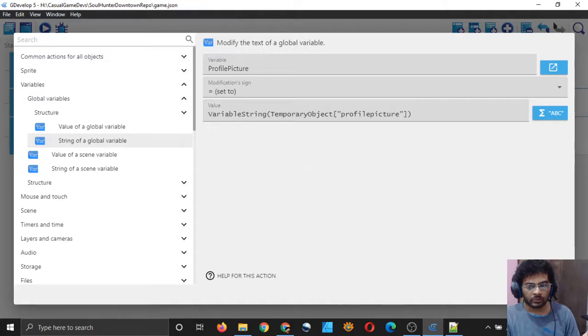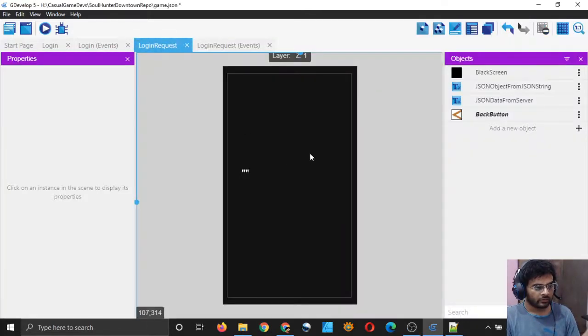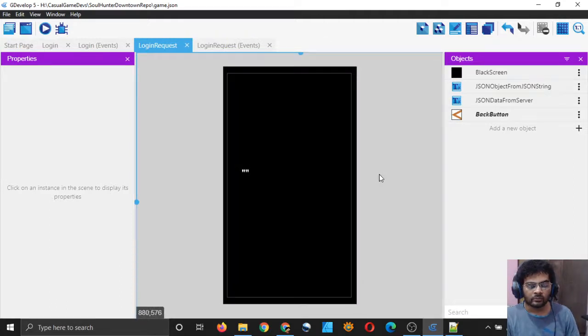So click on, and after this we have successfully saved the profile picture variable, whatever we are receiving from the profile picture string from the network. Okay, so that's good. We will receive the string. If we are able to log in, we will receive logged in, right?